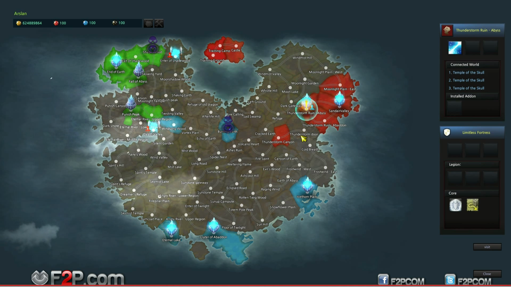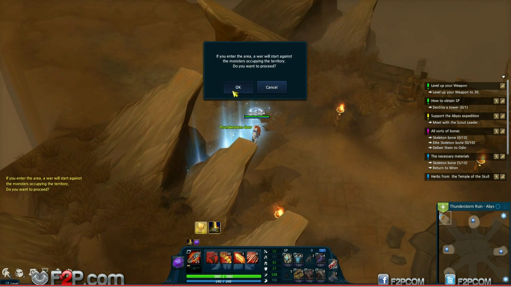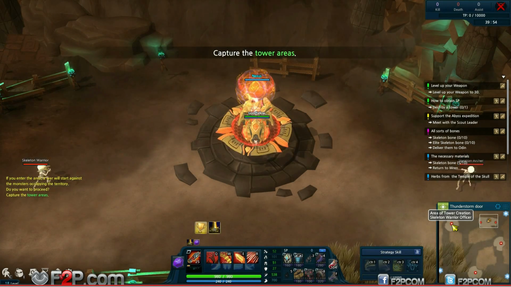But this is where the PvP element comes in, although there is PvE as well. Because nobody is contesting this area, we have to go and fight in PvE. I think we might struggle to do it on our own, but we're going to have a look. So we go in. This is the map, and we've got to take...